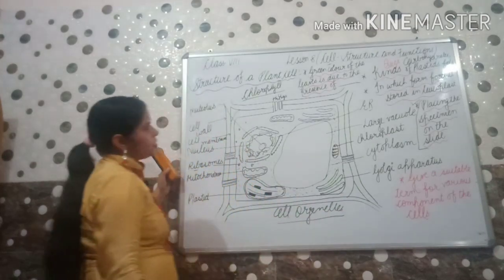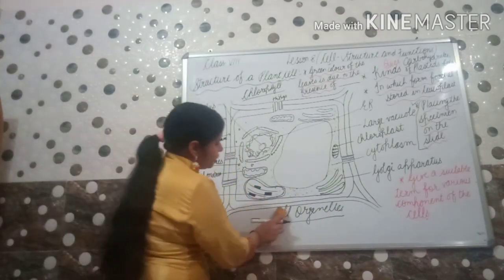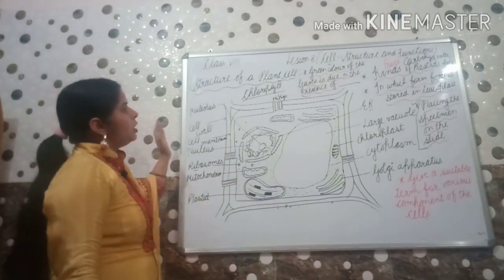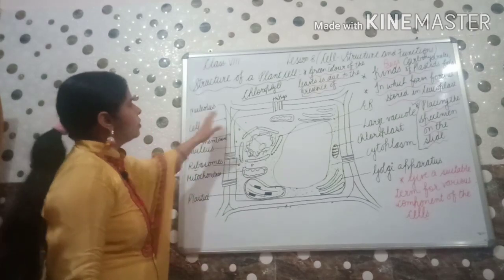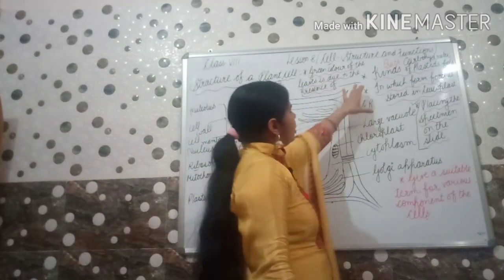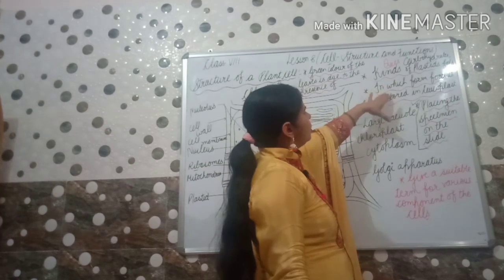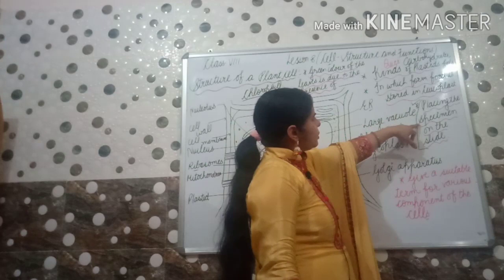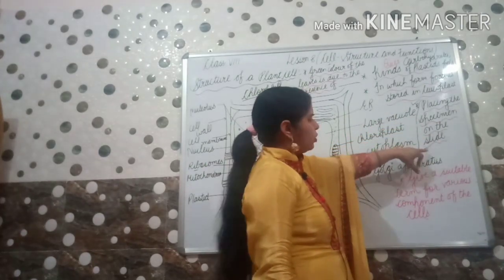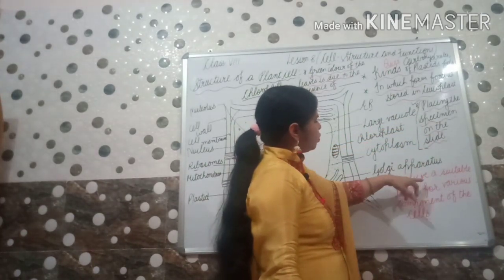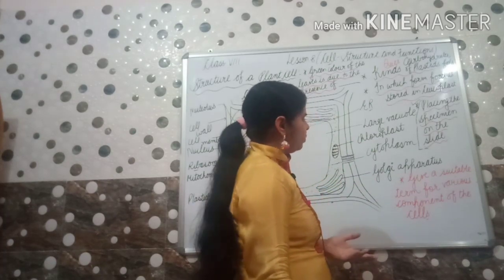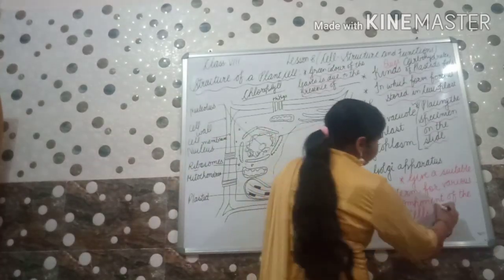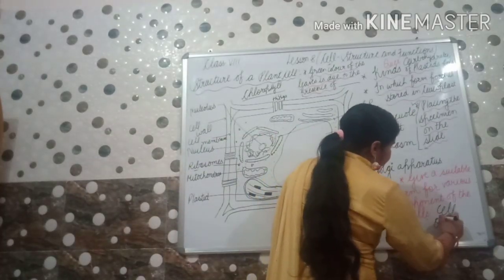So I think these questions are clear to you all, and the answers also. Once more let me tell you all the answers. Green color of the leaves is due to the presence of chlorophyll. Next, in which form is the food stored in the leucoplast? Answer is carbohydrates and fats. Placing the specimen on the slide: answer is mounting. Last question, give a suitable term for the various components of the cell. Answer is cell organelles. I think all questions are clear.